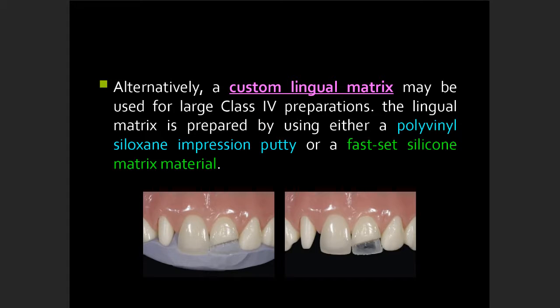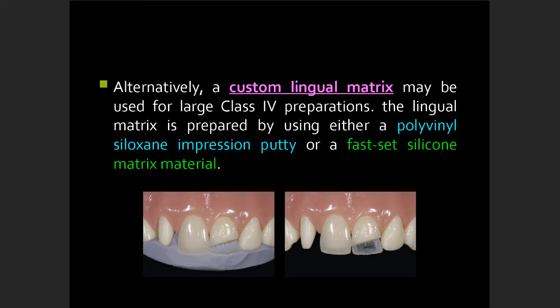Now to make this lingual matrix, you have to make it in the lab. How to make it? You have to start with first taking the impression of the patient, and then you make the cast of the fractured tooth. After you have got the cast, you make the wax. You build the tooth with the wax. You try to finish the wax properly, as you are making a composite restoration. Once you have made the tooth with the wax, you take the impression of the built tooth. You make the impression with the putty, and then you cut that putty in the middle to get the custom lingual matrix.